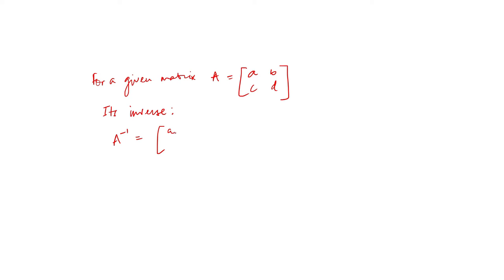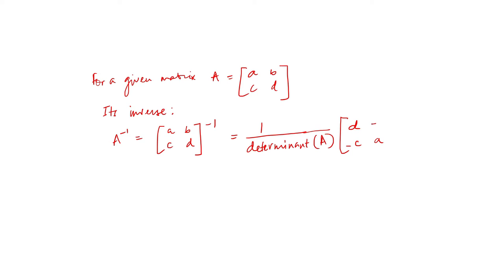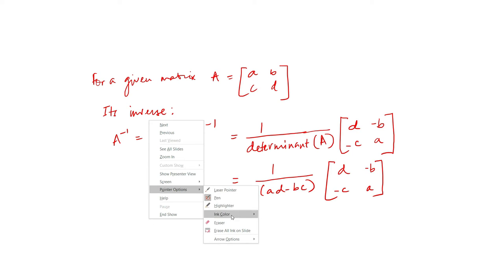Inverse of a matrix A is given by the following. Therefore, the inverse of the whole thing of x transpose dot x evaluates to